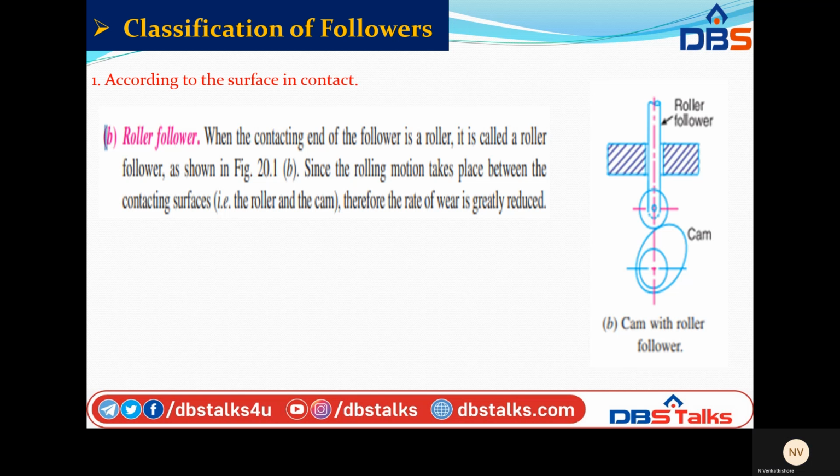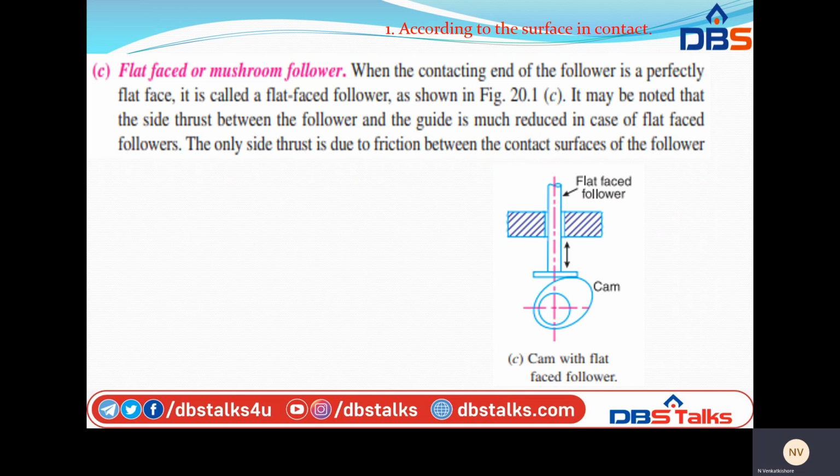It is used where there is a lot of space. So when more space is available, we may go for the roller follower. Next is the flat faced follower. What is flat faced? In these diagrams, there is one representing the flat face. Just look at the end of the follower. The follower is a straight rod, but the end is of a particular type. If it is a sharp edge, it means knife edge. If it has a roller, it means roller follower. Flat faced means it is just like a bed.